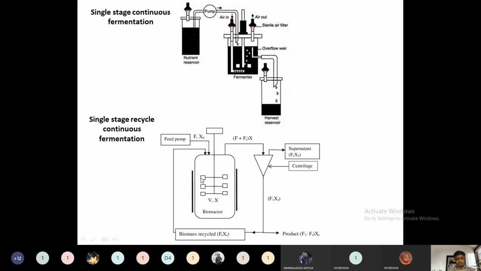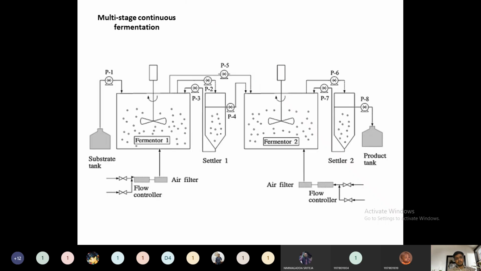So this is called a single stage recycle continuous fermentation process. Wherever there are unconverted products, where we have to send some of the mother substrate back towards the fermenter, we use the single stage recycle continuous process. In the multi-stage we can also apply the recycle process, but contamination will be very high for the multi-stage process, whereas in the single stage process the contamination is very low, because the same type of microorganisms is used in the single stage, continuous recycle operation.